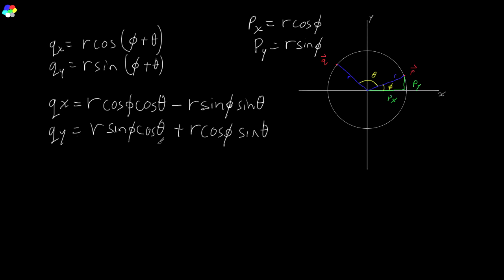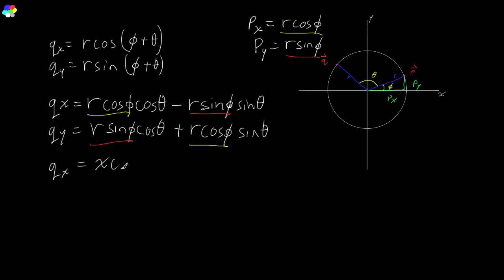Okay, so we just made this way uglier. But now we can be tricksy, because look at this: r cos phi, r sine phi, r sine theta, r cos theta. What does that remind you of? Does that remind you of these two things? If it does, then you might be smart. Maybe. I'm going to make it all color-coded because we like colors. So we can replace px and py into here and here, and that will get rid of both r and phi from our equation, so we don't have to calculate either of those. So now we have Qx is equal to r cos theta,